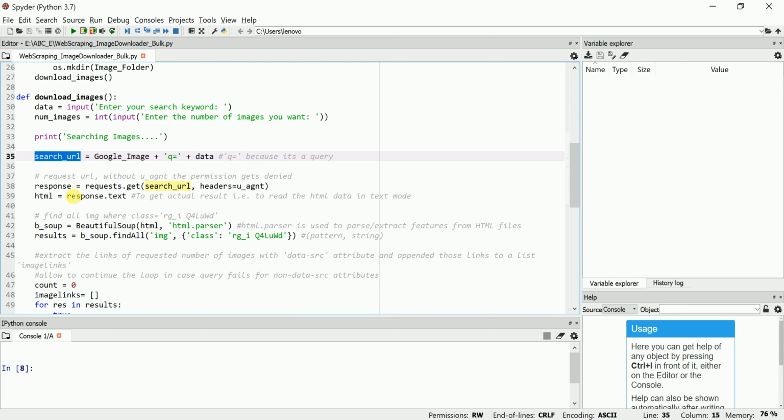Then there are two methods to get the values from a request: either the get method or the post method.